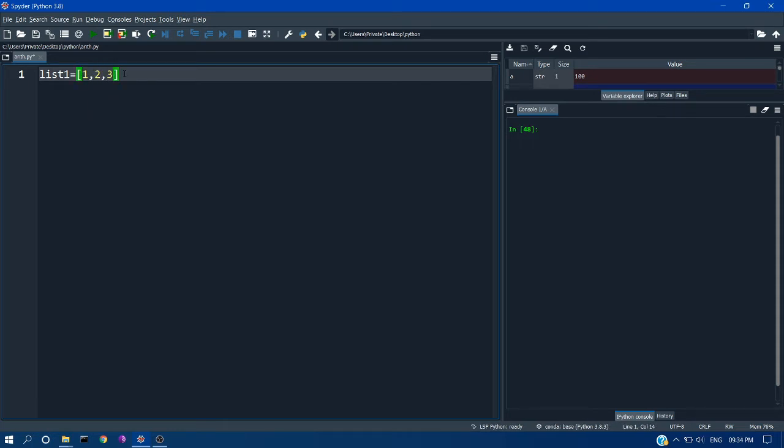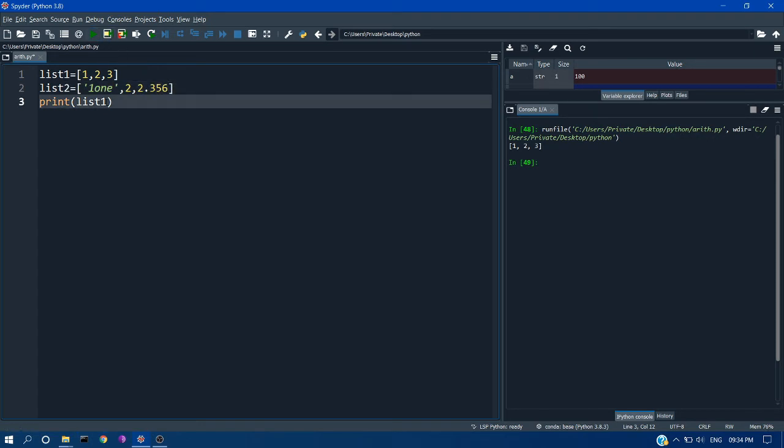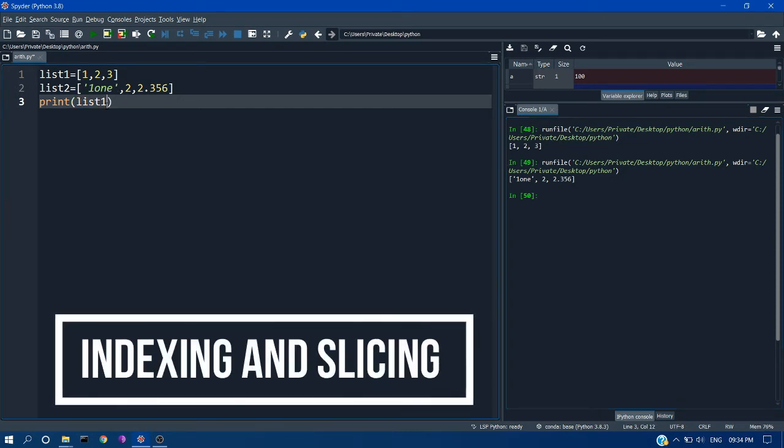This is the list. So if I print my list now, you will get the elements of the list. Similarly, you can have another list which can have a variety of elements: a string, an integer, and a floating point. And if you see the elements of the list, you can see them here. So this is like a structure in C and C++. This is as simple as that. We can create anything we want now. And I'm using list one now for easy understanding.